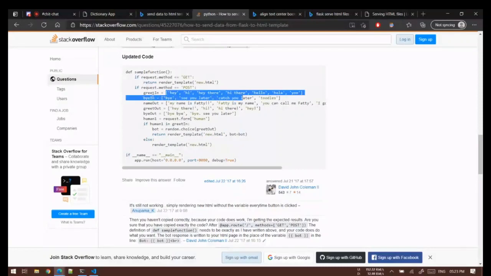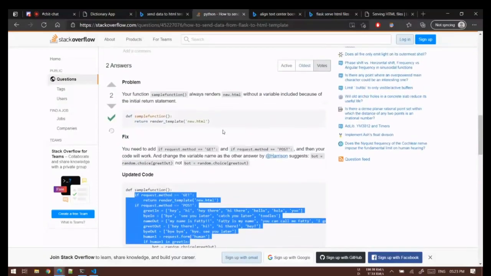So this is a normal Python list. This is another list, another list, another list. Then we are making request.form, which gives us human one, and if human one is in greeting, then do this. So always focus on the part of information that is required. Don't get carried away with all the complex code that is there.